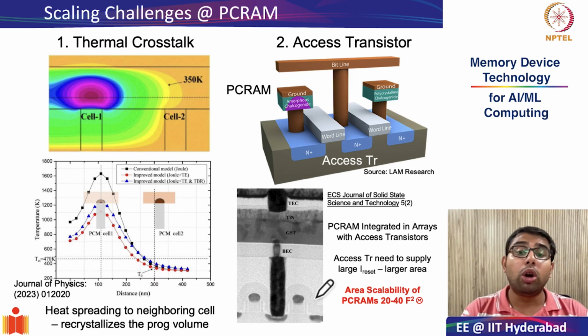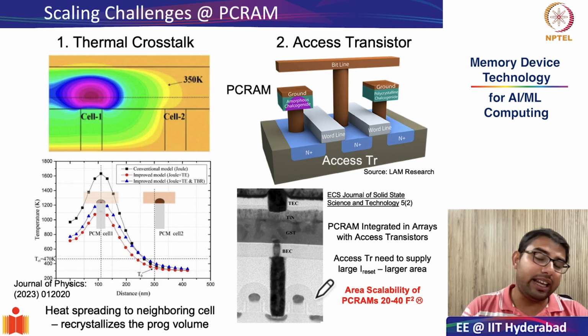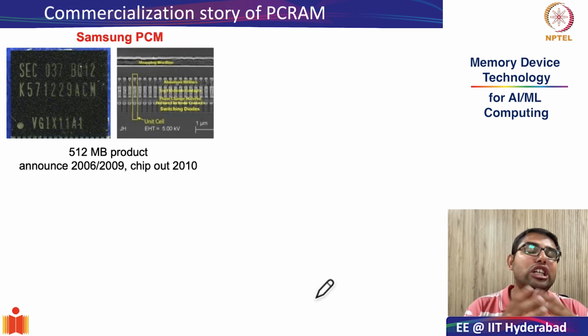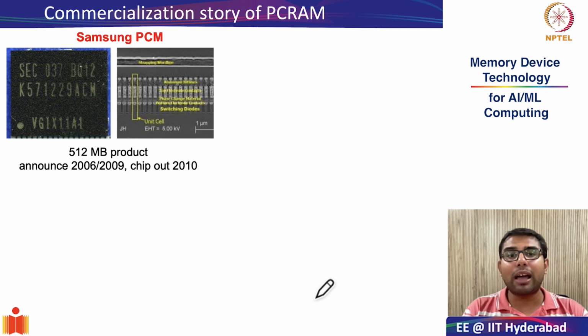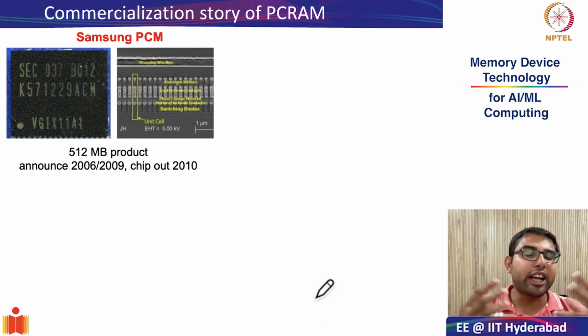It is around 20 to 40 F squared. Now this is really, really poor even compared to DRAM. And this becomes the major problem when you try to commercialize PCRAMs. So the commercialization story of PCRAMs is more like a bitter-sweet story, because PCRAM is such a fascinating technology with